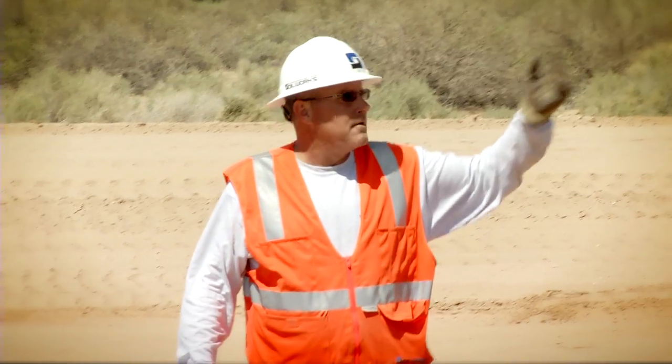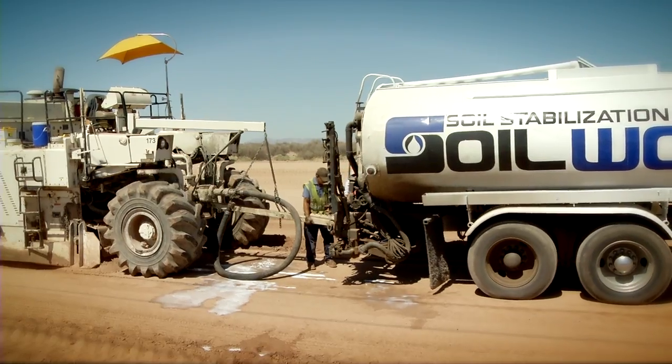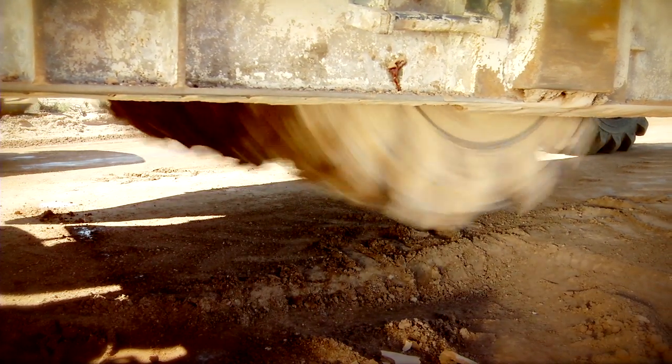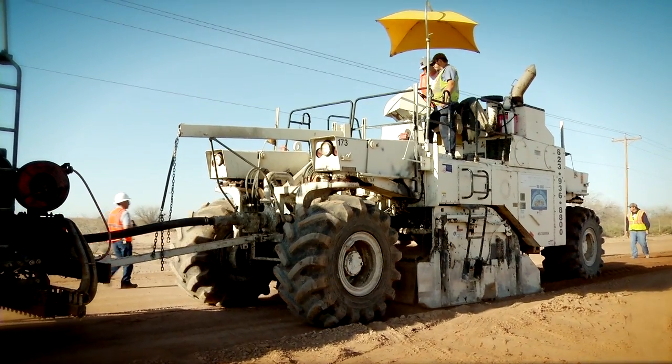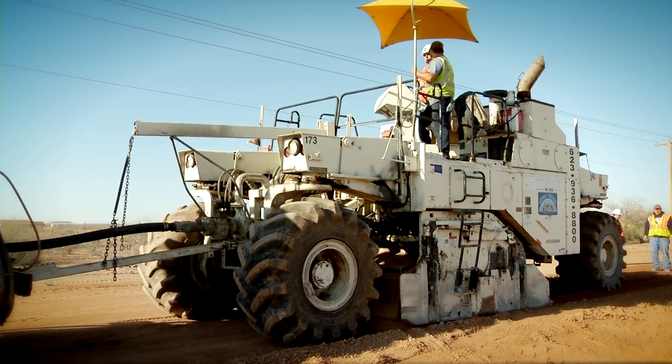The trucks filled with the Soiltac dilution are then secured directly to a specialized road reclaimer. At this point, the Soiltac dilution is pumped through the reclaimer and it is injected into the soil over a large milling head. As you can see, the 800 horsepower four-wheel drive reclaimer has a large 8-foot wide, 4-foot tall